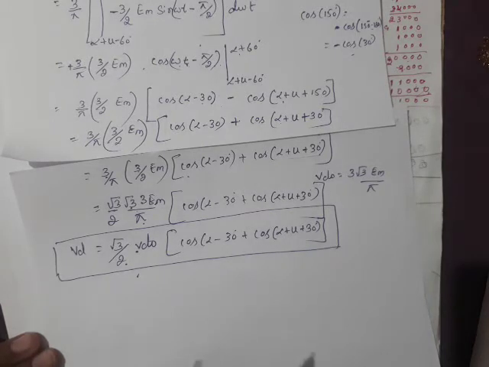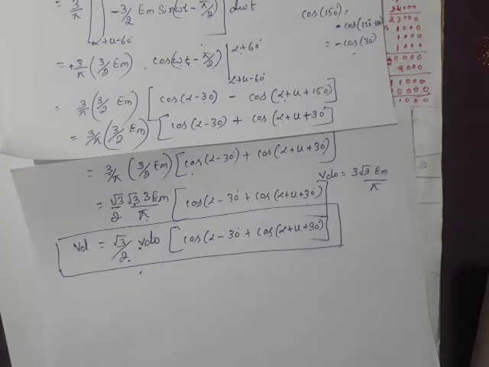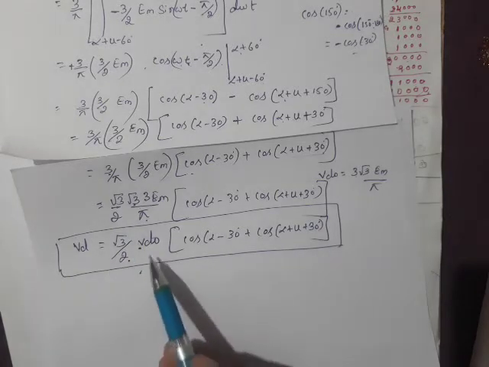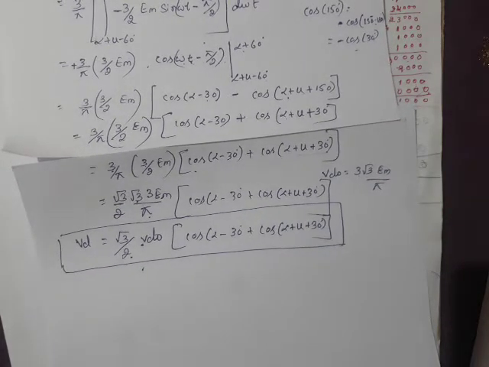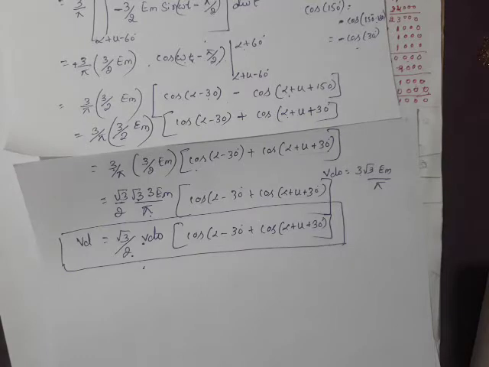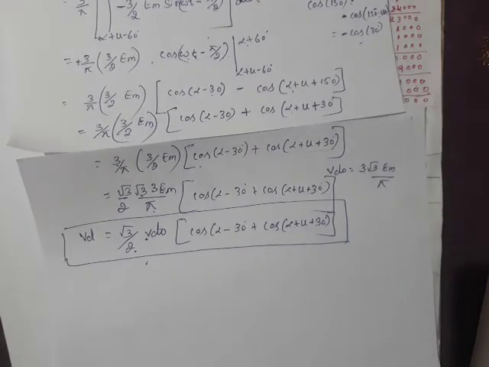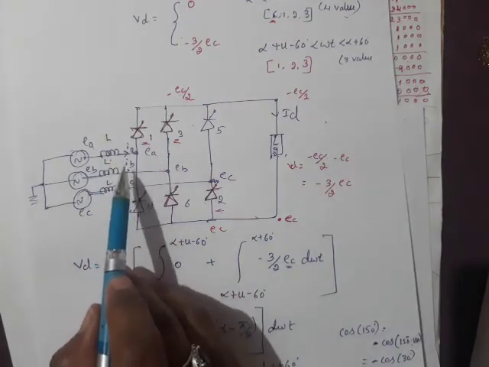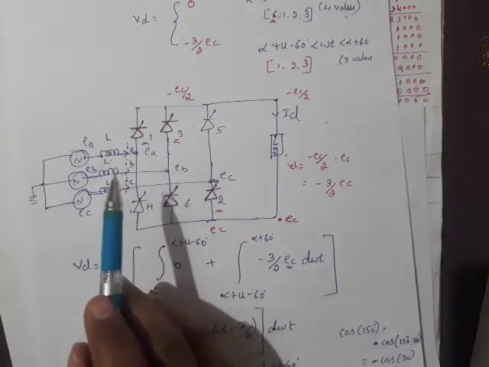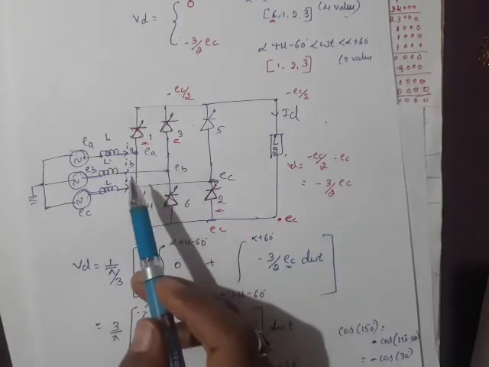So if you trigger at alpha, overlap increases. Overlap cannot be greater than 90 degree. It has to be less than 90 degree. If you take overlap angle greater than 60 degree, from 60 to 90, there is a huge drop in the voltage. So from this we can conclude, we have to maintain a minimum overlap angle. We cannot extend the overlap angle, as it means the source inductance. This is all the effect of the source inductance. We have to keep this source inductance as minimum as possible. For that reason only we are using the compensators in the circuit.